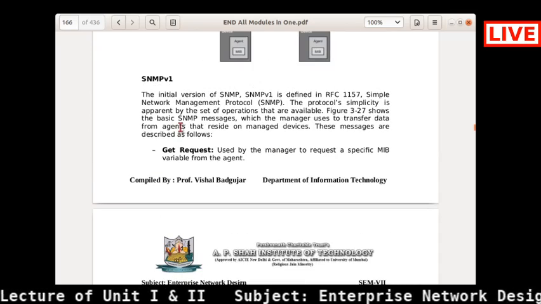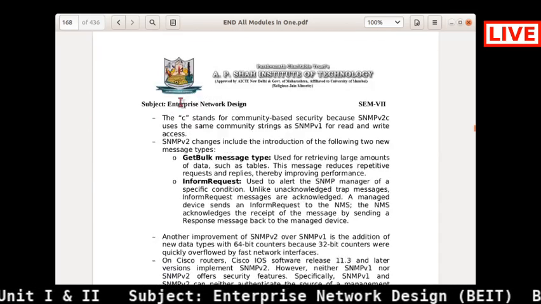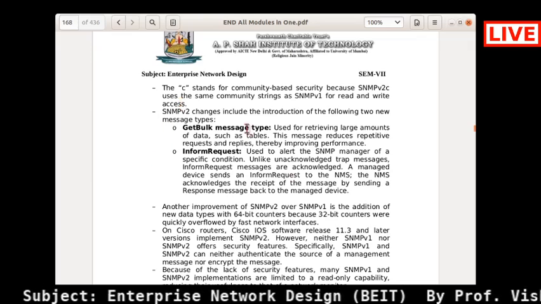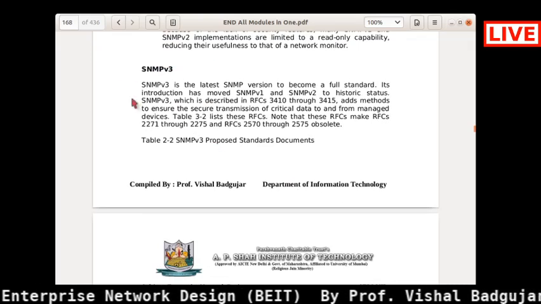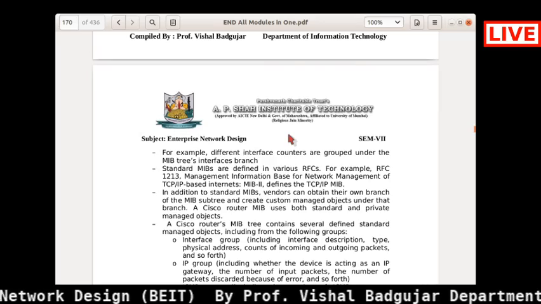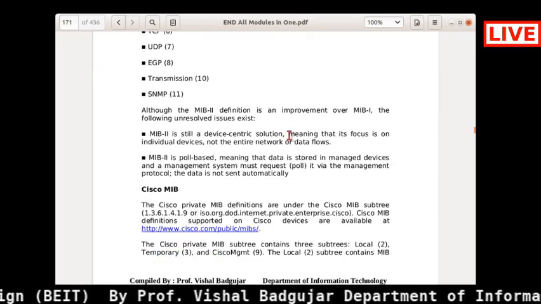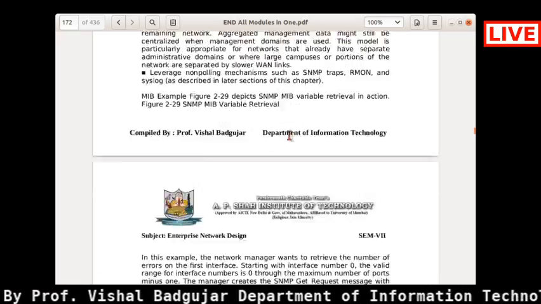so what are the different messages that come under SNMP V1? What are the different messages that come under SNMP V2, right? What is the purpose of SNMP V3? That you must know. Okay, then